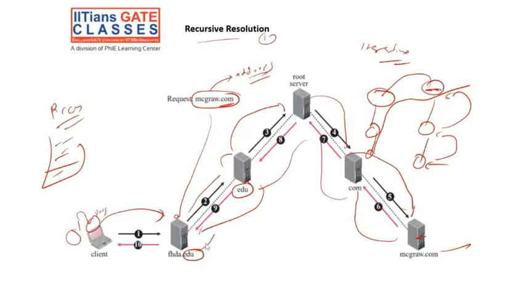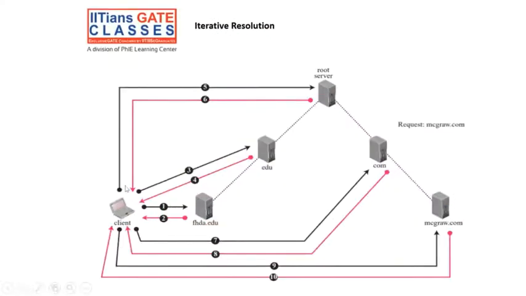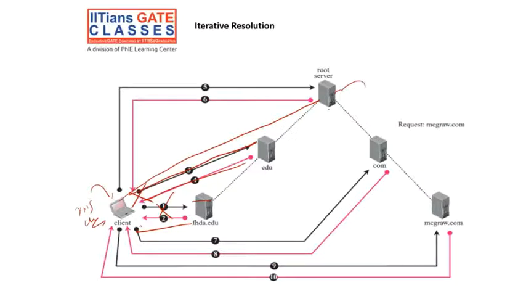And what is the meaning of iterative? See that part. In iterative, the DNS client will search the EDU and get the response. No, it's not there. Then it will send a direct request to the parent one and get the response. No, it's not there. Then it will send to the root. It will go as per the flow: EDU, then parent, then parent. Root is the highest one, right? Root is the highest one. Then searching is done here and it will get the response.